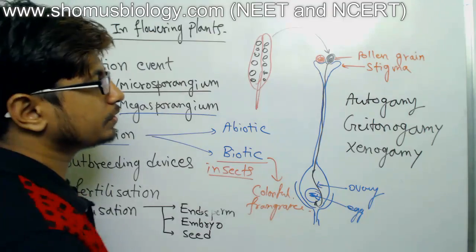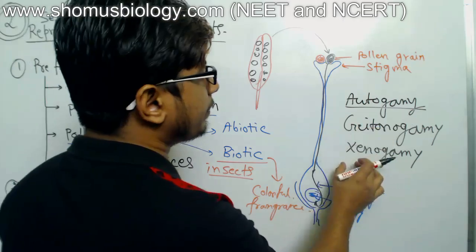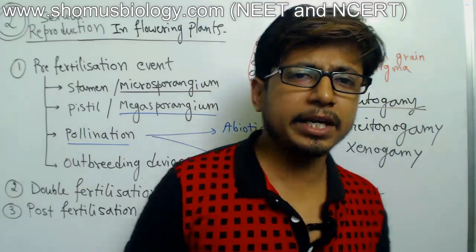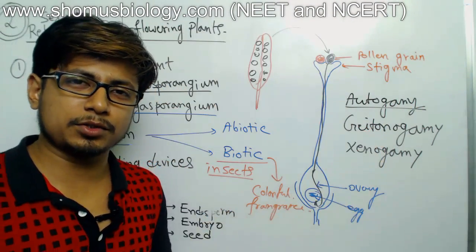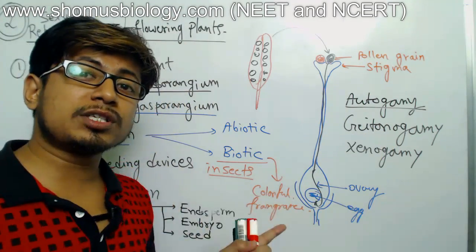These are the three types. So you've seen autogamy and two examples of that. Now geitonogamy and xenogamy, these are the two types. In geitonogamy, the idea is also very similar to that of autogamy. In geitonogamy, it's also self